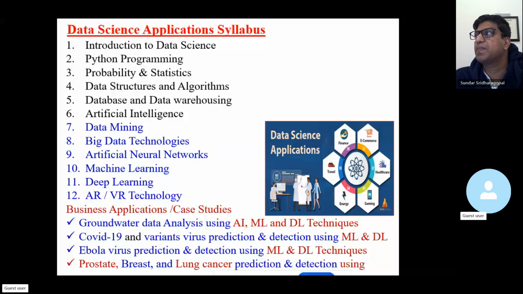Then big data technologies like Hadoop and Spark, in order to process the huge volume of data. With the help of HDFS and MapReduce, we are writing Java programs in order to perform various data analysis. Then the fundamental concept for machine learning and deep learning, we are discussing artificial neural networks. Then comes machine learning: learning from the observational data is called machine learning. There are three approaches we are using: supervised learning, unsupervised learning, and reinforcement learning, in order to process the huge volume of data